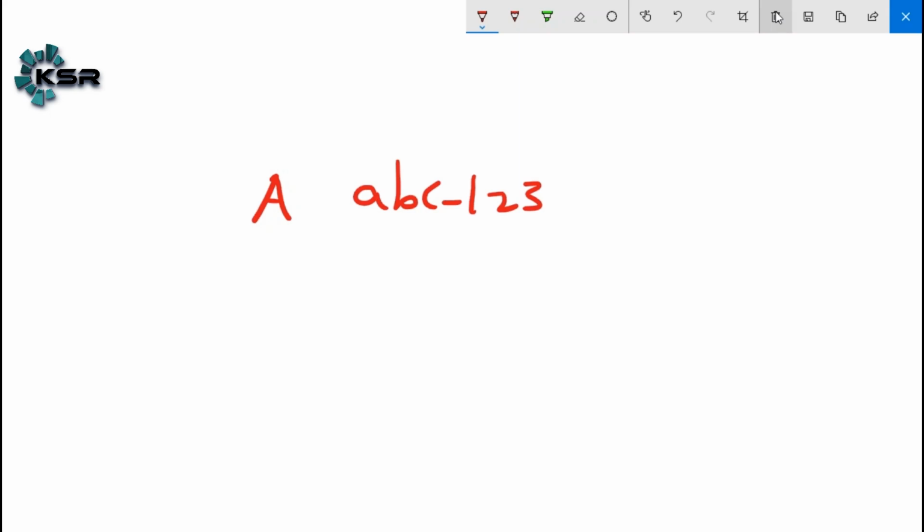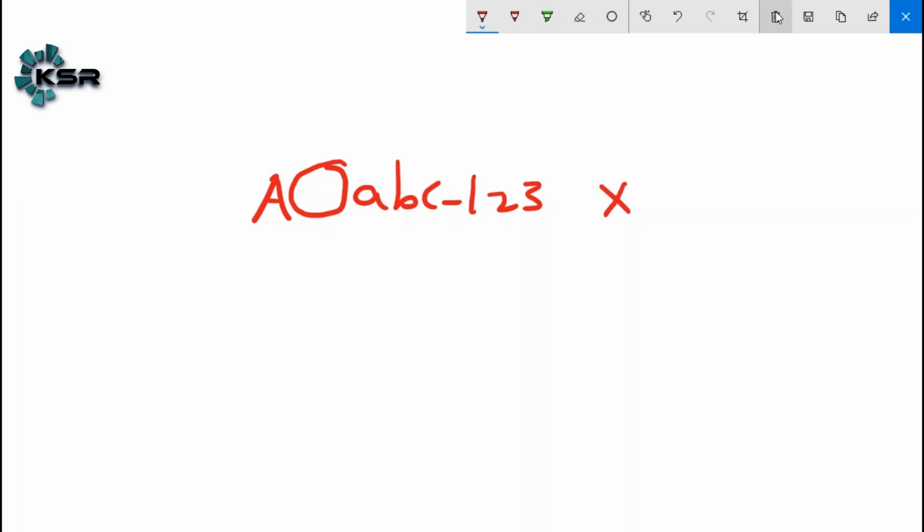Is it a correct data set or not? It is not a correct data set, because at this point we have used a space. As we mentioned, first start with letters, capital A to Z or small a to z, followed by numbers, underscore, or period. We never use a space. That is the reason it is wrong.